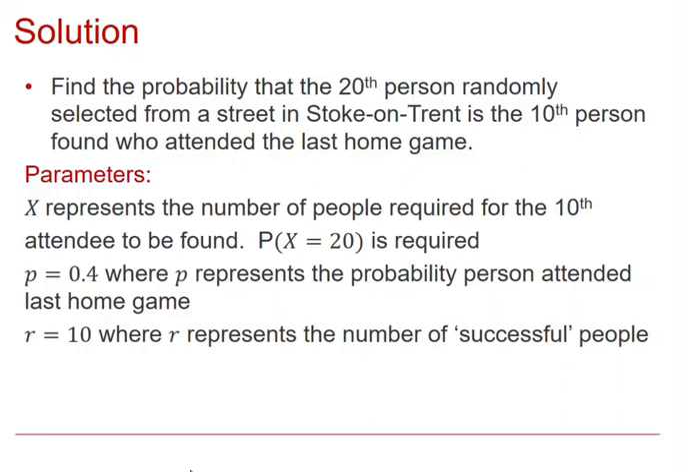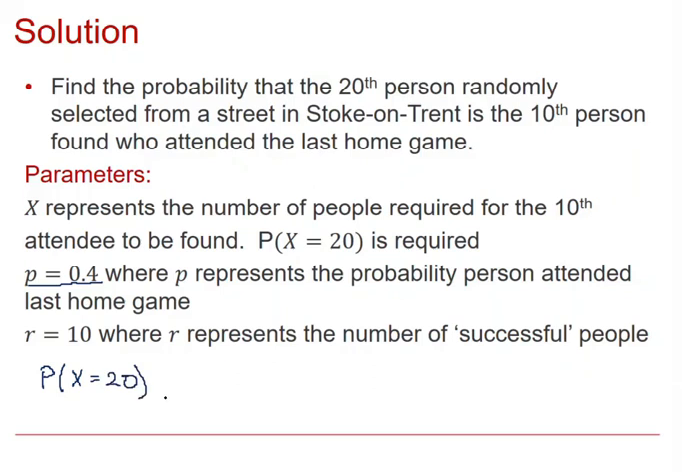And in this particular example, p equals 0.4 is something that we are told we can assume. So it's a modelling assumption that we need to make in order to try and find a value for the probability that the 20th person is the 10th person found who attended the last home game. So in order to find a value using that model for